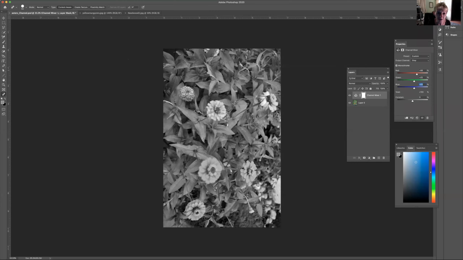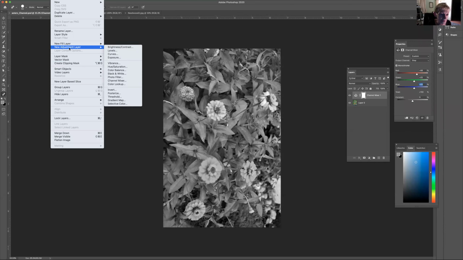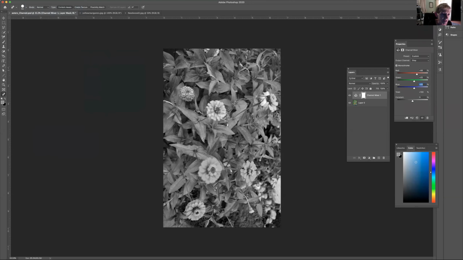And you can again go to layer and your adjustment layer and color balance and do either sepia or cool tone, okay? So that's it for this part 2. I will stop sharing and